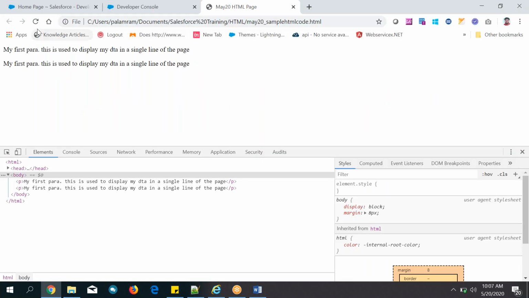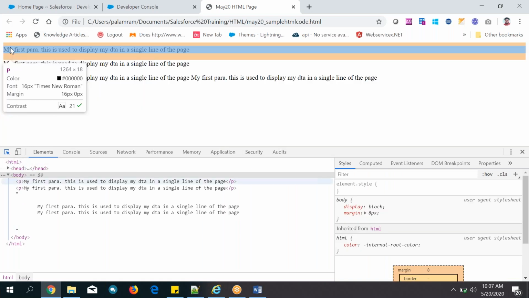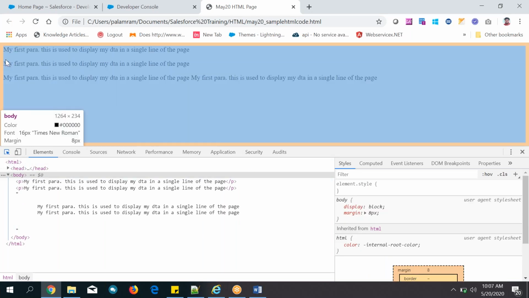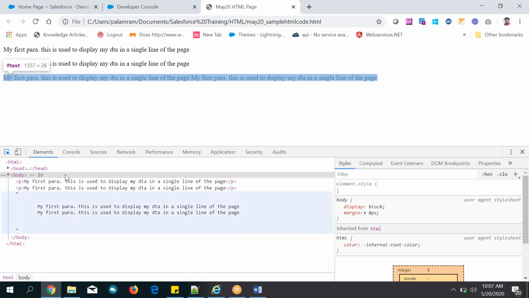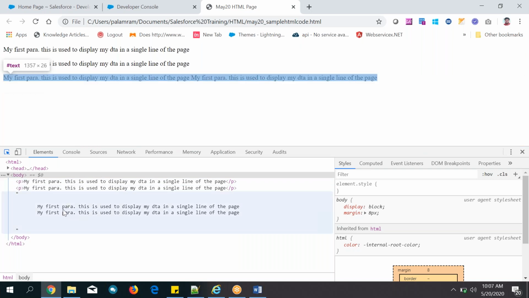Save it. Now I have not used any blocks. You can see for this paragraph some block is there, for this paragraph some block is there, but for this nothing is there. For plain text, no block. It is written only whatever you have written. It is occupied simply.